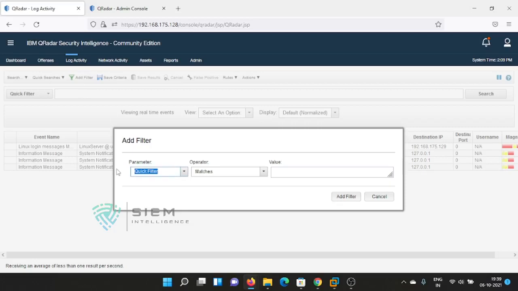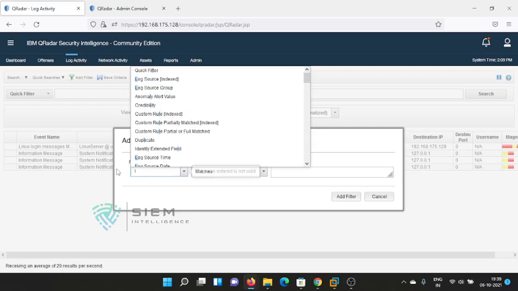Now I want to check something called a log source. I don't know what the source IP is, what the destination IP is, or the port or something, but I know only the activity of some log source. See, I want to check the activity of an AD server. How do I check? So I am getting some logs from AD servers. So I know the AD server is a log source in QRadar.